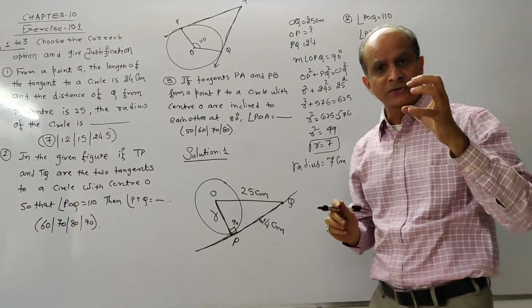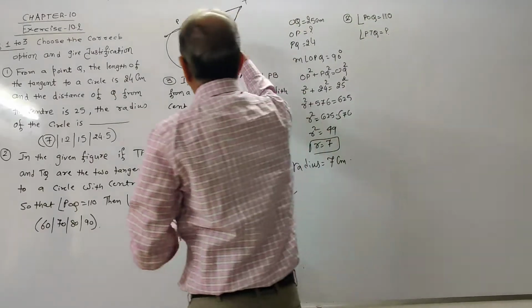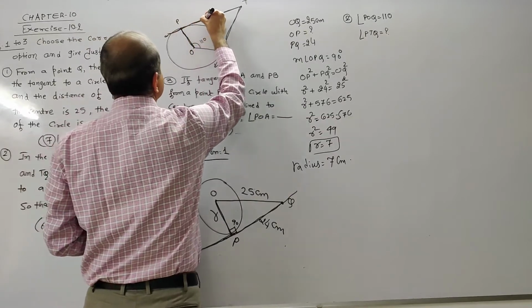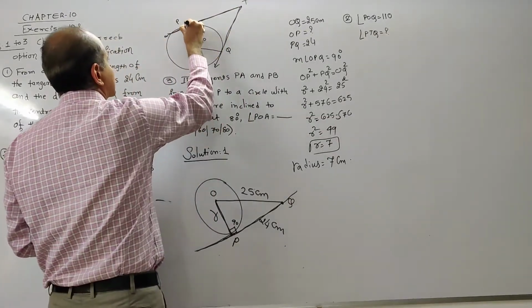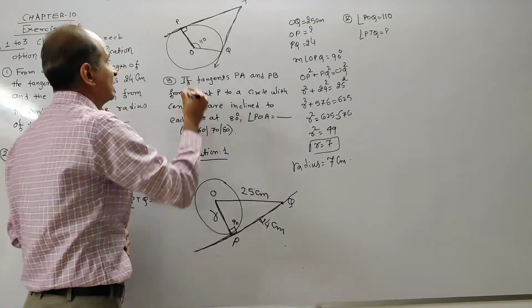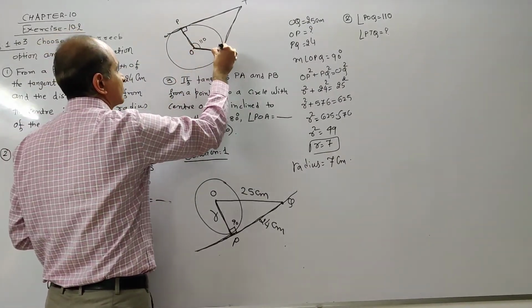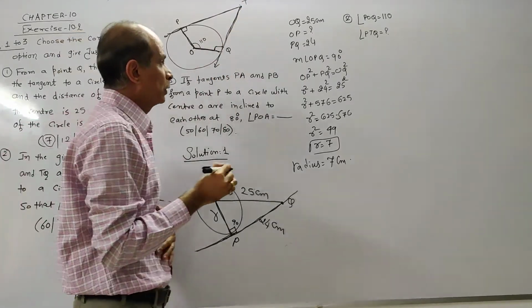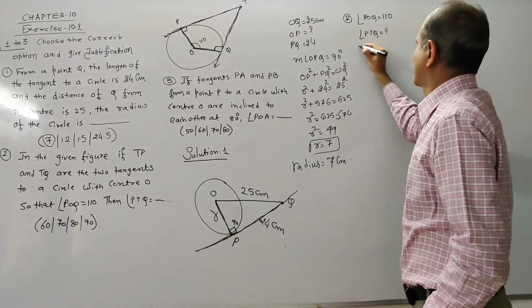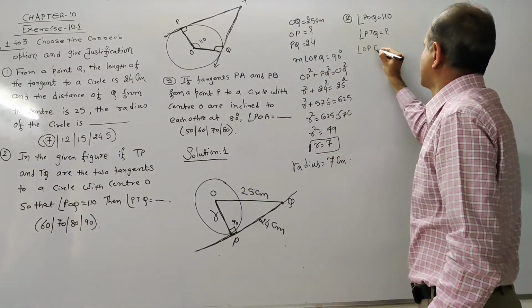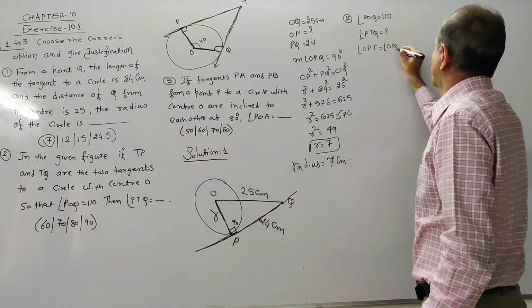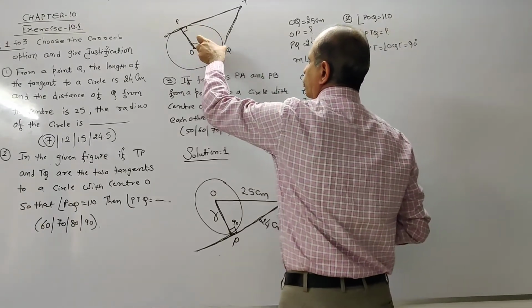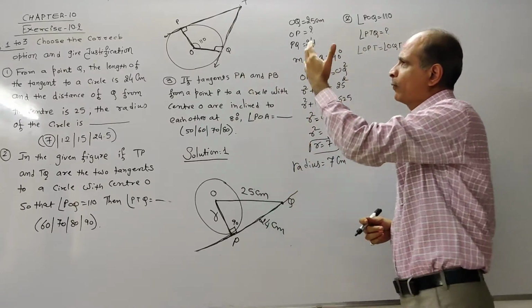Again you have to use concept number 9. You know, from this figure you can identify that OP is nothing but a radius, while PT is a tangent. You know, radius is perpendicular to tangent. Similarly, in this case, OQ is also a radius and TQ is a tangent. So this one is also 90 degree. So here you can write from concept number 9, measure of angle OPT is equal to angle OQT is equal to 90 degree. Now here OP, OQ, QT and PT form a quadrilateral.